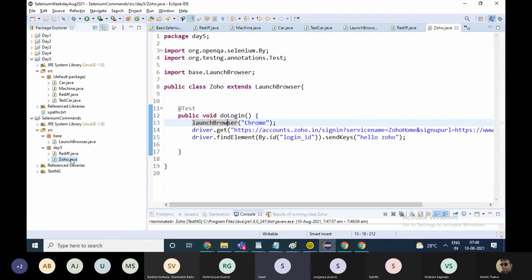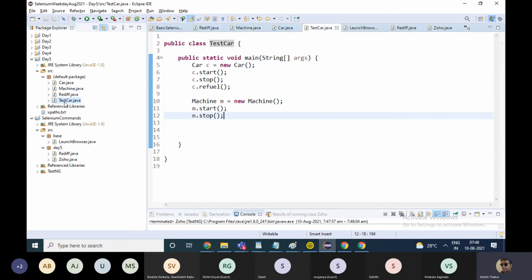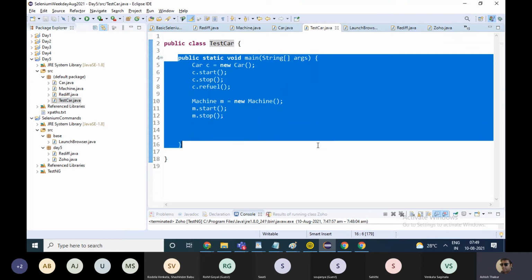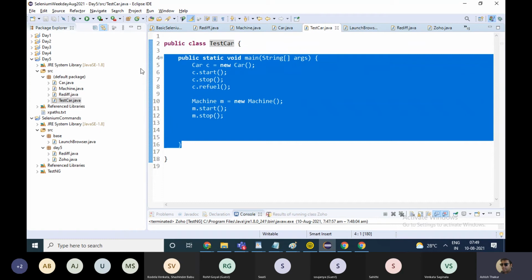Ashish, I'm getting confused between the test car Java class and this car Java class. The test car Java class is not the child class. Car Java class and machine Java class are two classes; car is extending machine. To create the object of the car class, I need a main function, so that is why I use this test car and use the main function to create the object. I want to run the file, and only files which have the main function execute.